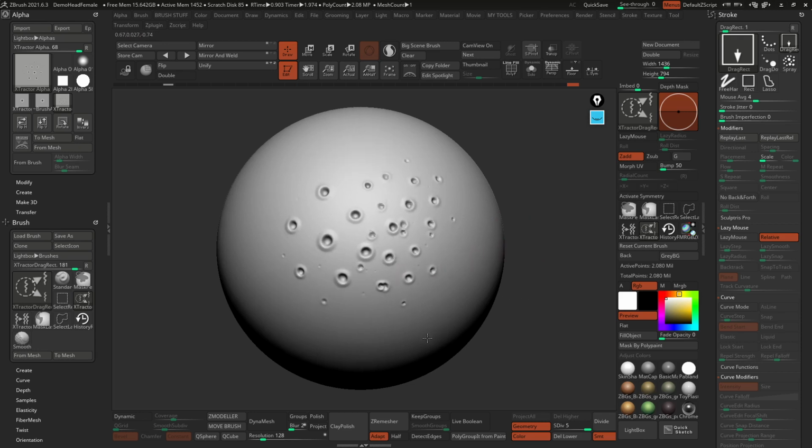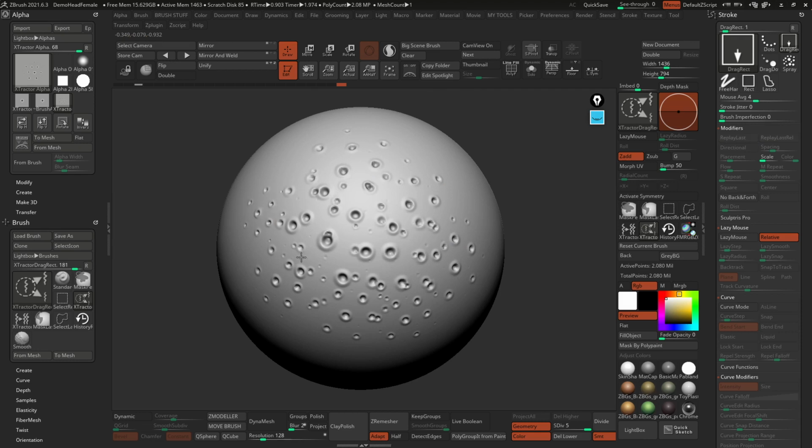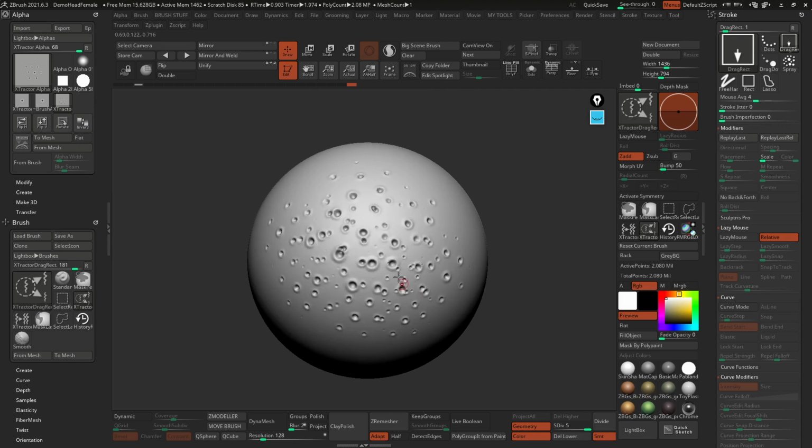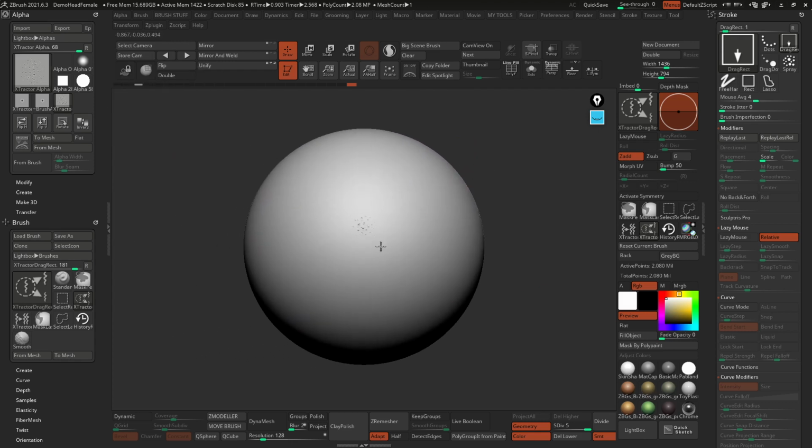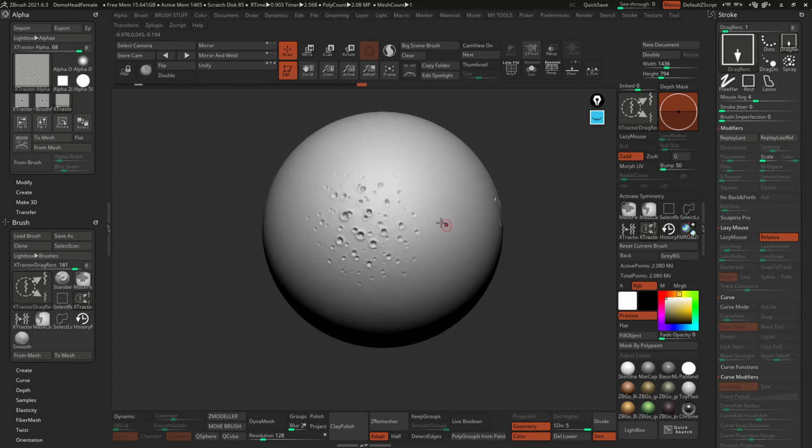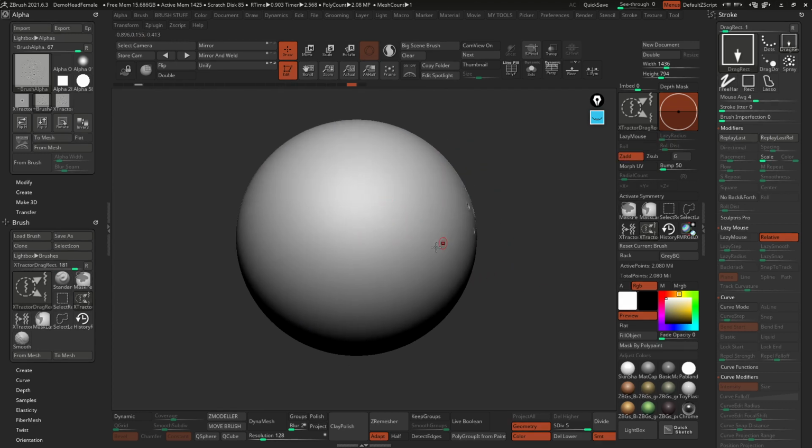And I can keep doing this, and this process becomes kind of exponential in a way. You start with a single dot, then you create this alpha, and now we have something that is even more complex, right? All of these dots. And if you wanted to, you can obviously keep going. We still have that original state recorded. All we have to do is go to the from brush, click and drag, and let's just wait. There we go. So now we have an even more complex alpha. We can do it on this side, right? So we have this alpha to generate these sort of pores if we wanted to.